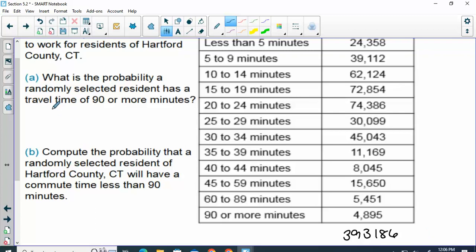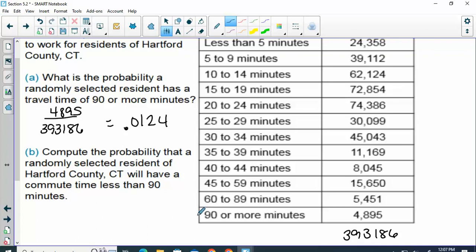What would I do? Divide what? What would be the top? 4,395 divided by, exactly. Good. And we get 0.0124. What would I call that event? Unusual. Very good. Okay. Then, if I want the probability that a randomly selected resident will have a commute time